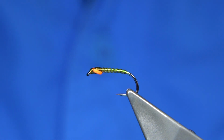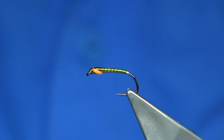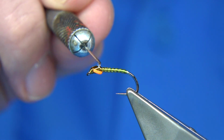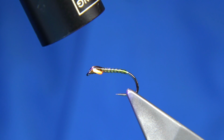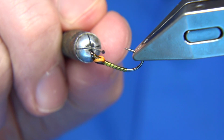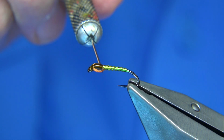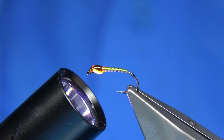But anyway, then what we want to do is use our resin. Just get the resin I'm using here. This is a Bug Bond. Sorry, it's a light. It's really good, ideal for doing flies like this when you don't want to overdo it. So I'm going to highlight the thorax at the top. Just get a shape and then just set it. And then always make sure the thorax is done, especially the wing buds. I like to highlight the wing buds so we get a nice shape into the mid pupa. Set it, and then